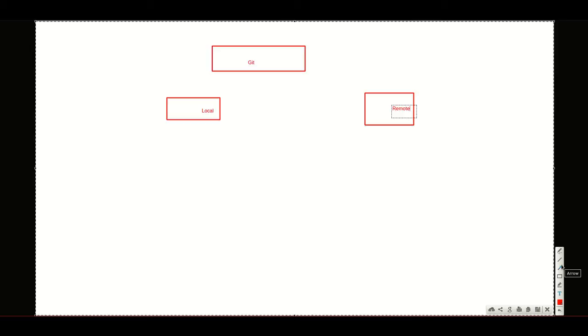That is the way Git works. First you push to Git local on your local machine, then you push to remote.